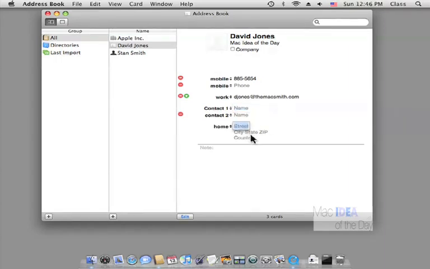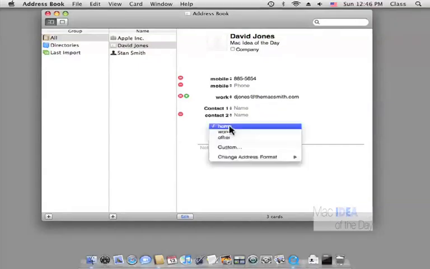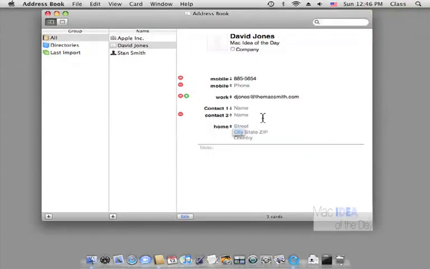And then we have their address. Now you can have home, you can have work, you can have custom. So there's a lot you can do with the address too. Now the addresses are nice to have because later on I'm going to show you how to do labels. So we can add stuff that way. In the Pages class, we're actually mail merging, so you can bring these addresses in and make envelopes with everyone's name on it. And then lastly, we do have a special spot down here to put notes,